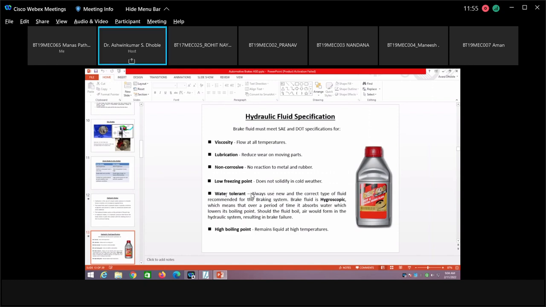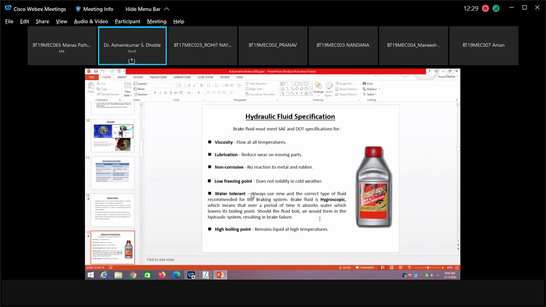Then water tolerant, this is basically the critical issue. It says that the brake fluid is hygroscopic, which means that over a period of time it absorbs water, which lowers its boiling point. Should the fluid boil, air would form in the hydraulic system, resulting in brake failure. That means if you do not maintain the continuity of the fluid and in between there are air bubbles which are trapped, then in that case